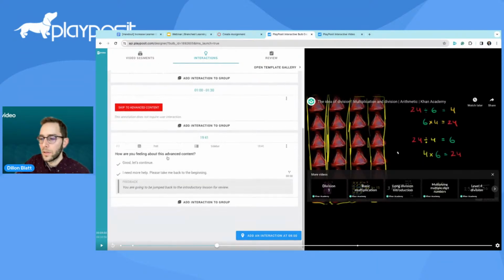And then the third thing we've done is we've added a choice here for them through the poll interaction to decide how they're feeling and if they want to continue or go back to the introductory lesson starting at 8 minutes and jump back by choosing that second choice. All right. Whew, that was a lot. Let's go back to the slides and shift some gears here, talking about the